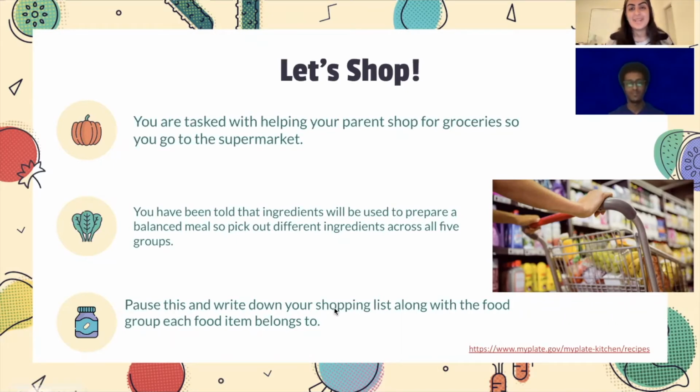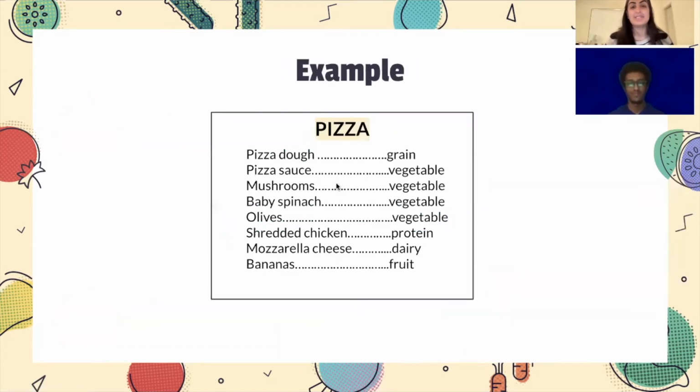Okay, great. I hope you guys paused the video, and I'm going to give you my example now that I worked on. So I love pizza. Pizza is one of my guilty pleasure foods, and usually I only have cheese pizza, so it's not that healthy. So I found a way to make my pizza meal a little bit more nutritious. So my pizza dough is grains, and now maybe I can go to the store and find some whole wheat pizza dough, which would be even better.